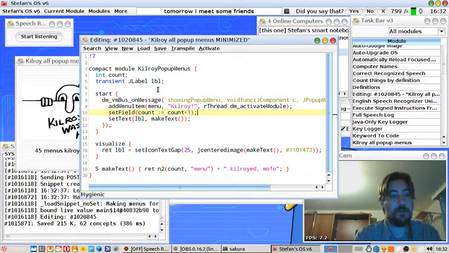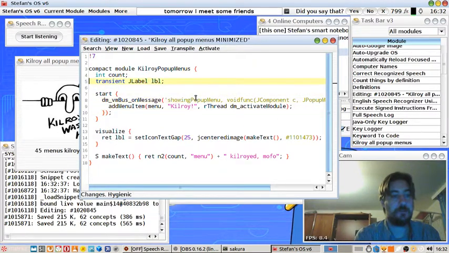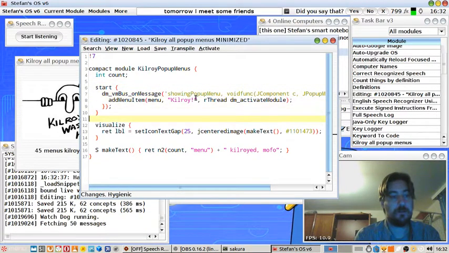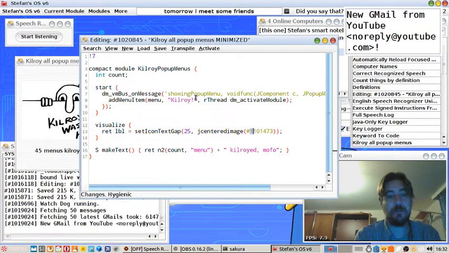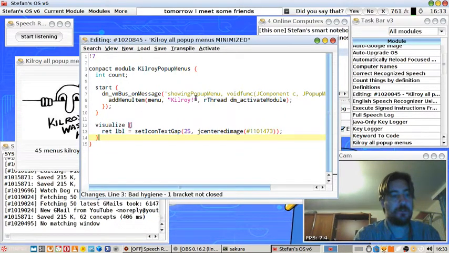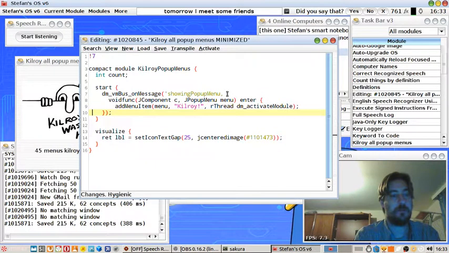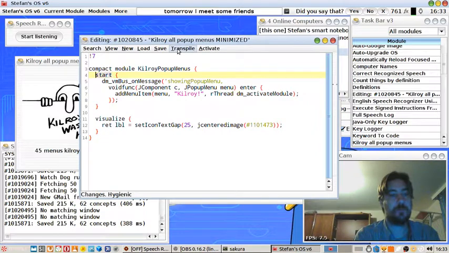Let's strip out all the stuff here. It counts how many menus it updated. Take out this, take out the whole text, take this out, no text here. This is the ID of the image from the server. Oh, no email. Make text, we don't need this anymore. So this will be the minimized version of the same module. This maybe. Oh, the count we don't need anyway.